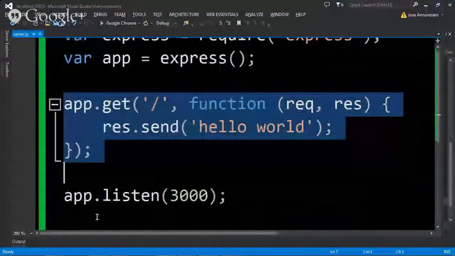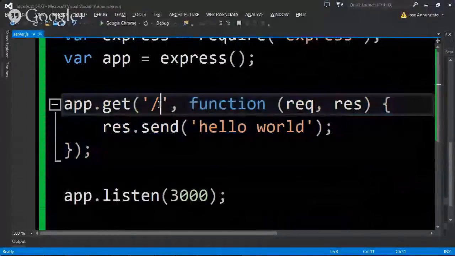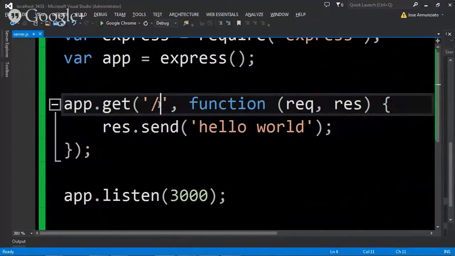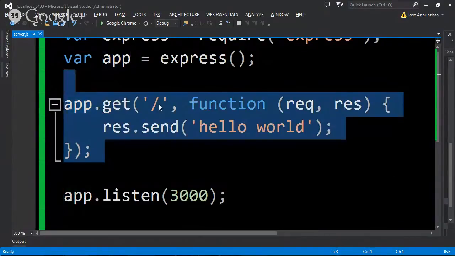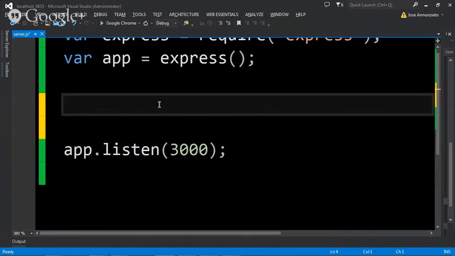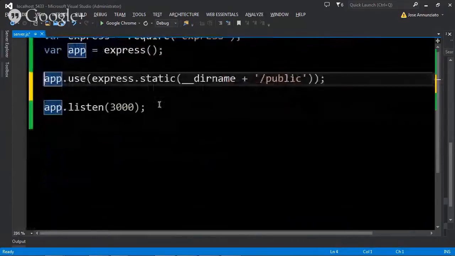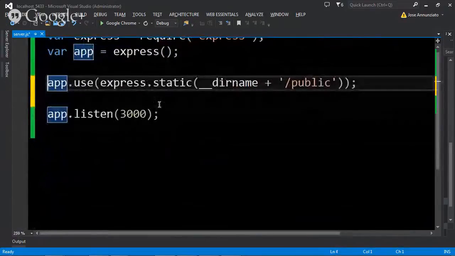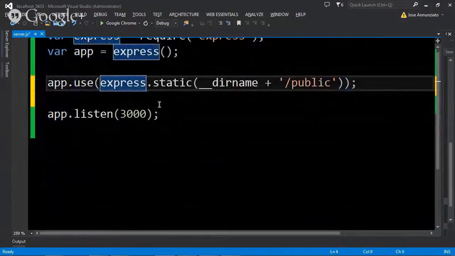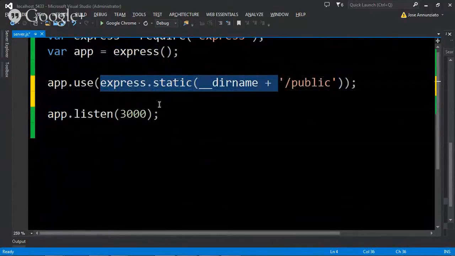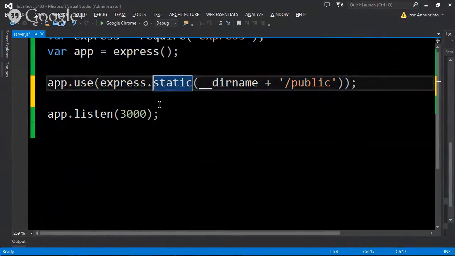I'm going to replace this because this slash is the root, isn't it? Typically, the root should be mapped to what? Either to a directory listing, right, or to an index.html, typically, right? So I'm gonna blow this away and say, no, I don't want you to send hello world. What I want you to do is I'm configuring the Express, right, to serve static content from this directory, from a public directory, rooted at the current